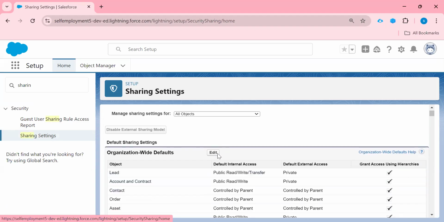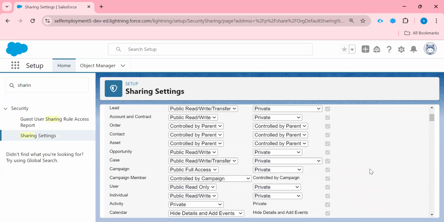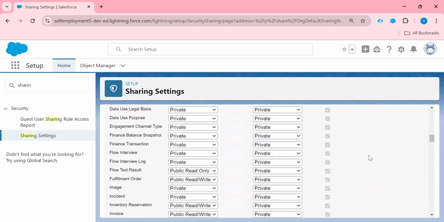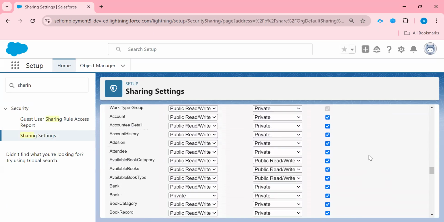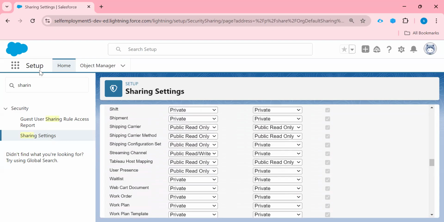Just click on edit. This is enabled for our standard objects. We cannot make any change here, but in a custom object we can make changes. If we want to allow this access, then we can check this box. Otherwise, if we uncheck this box, then role hierarchy will not work, right?